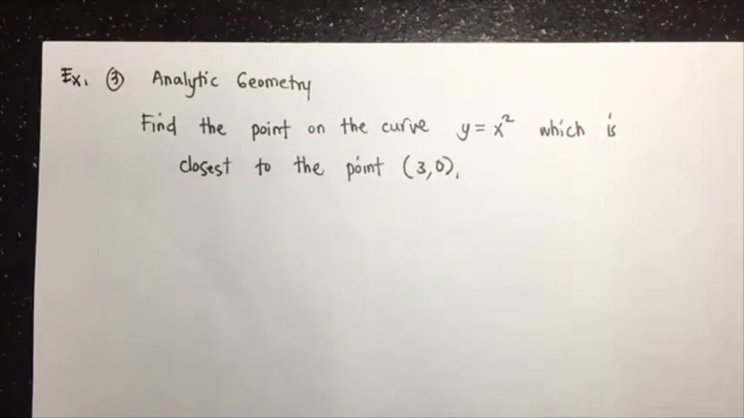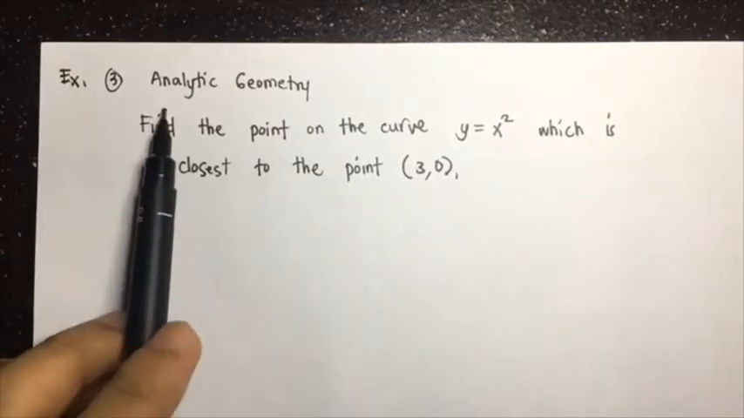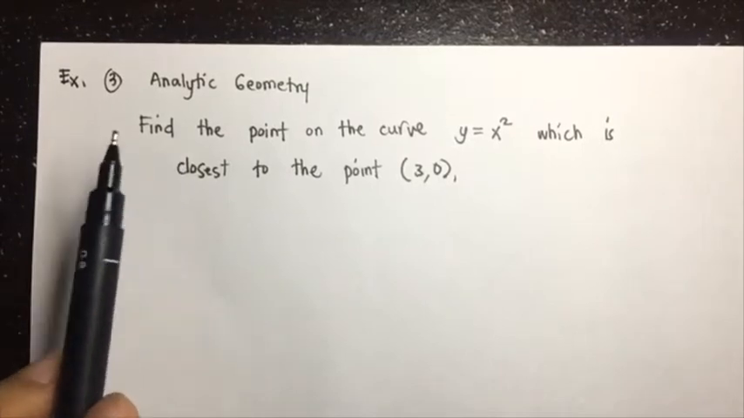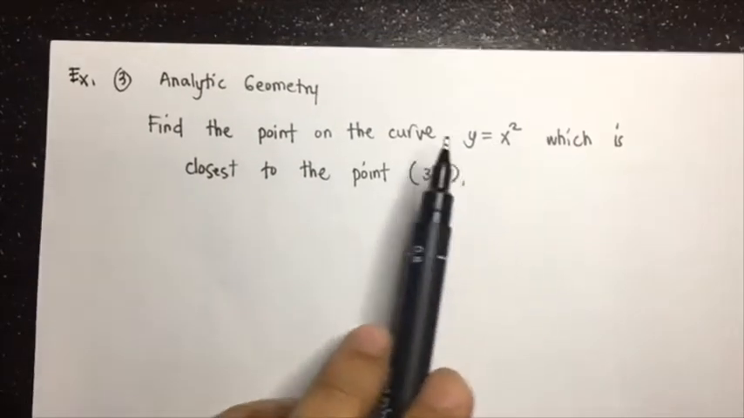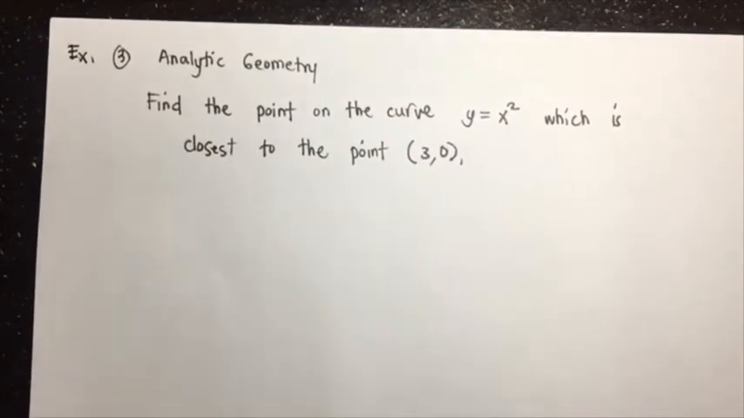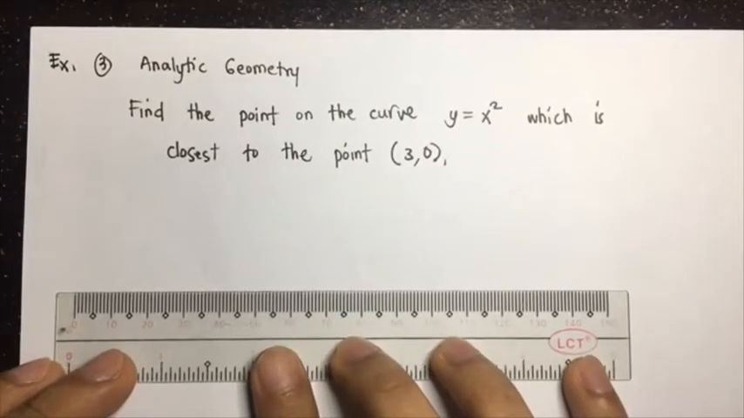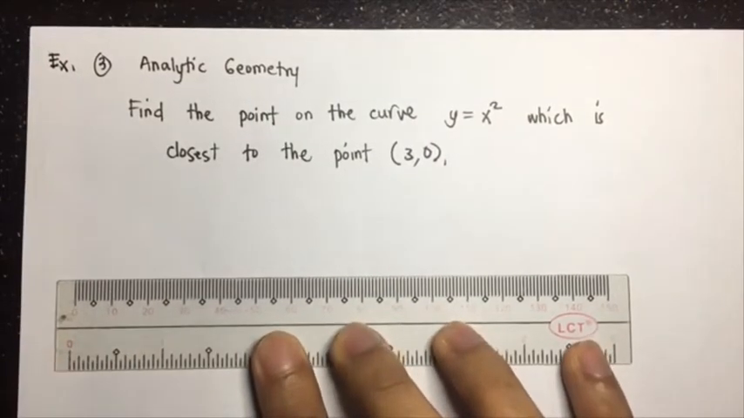Okay, so our third example is analytical geometry. So, application of the maxima and minima in analytical geometry. Find the point on the curve y is equal to x squared, which is closest to the point (3, 0). Okay, so if we try to graph that, y is equal to x squared is a parabola